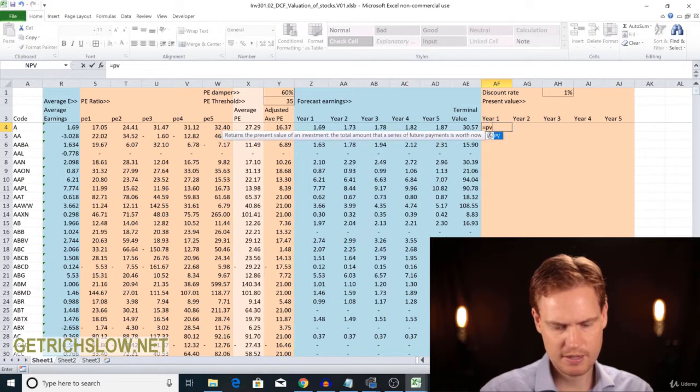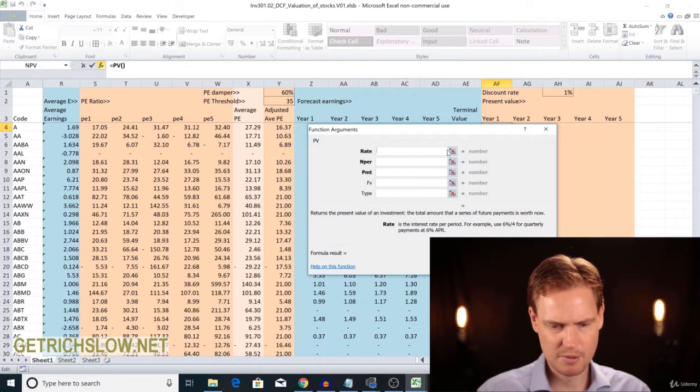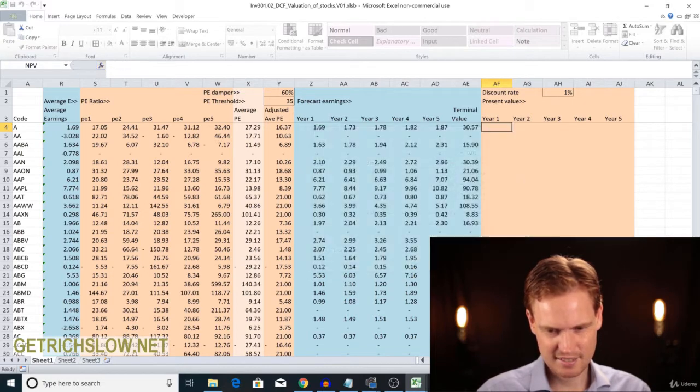So it's equal to PV. Now a nice thing in Excel is if you just click in here and then click this FX button, this whole thing comes up explaining what each of the inputs are. So the rate, we're going to use this 1%, and then we want to just hit F4 again. Next, NPER is number of payment periods in an investment. Okay, so let's just cancel this again because we need